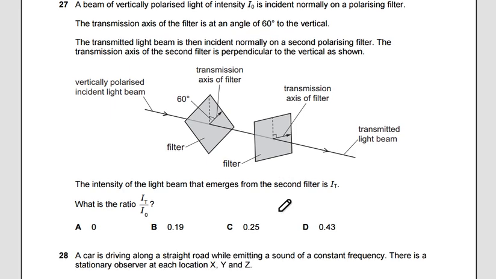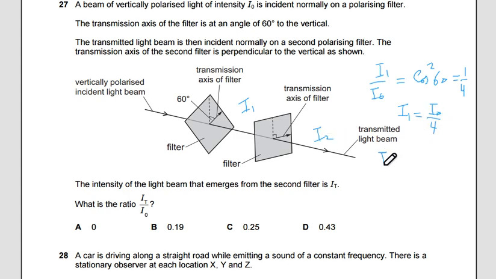Filter question, polarization question. We have I1, that transmitted from this first filter to I node, the originally incident, equal to cosine square 60. Cosine 60 is half, square is 1 over 4, so I1 equals I node over 4,